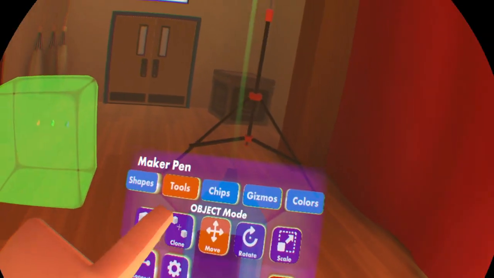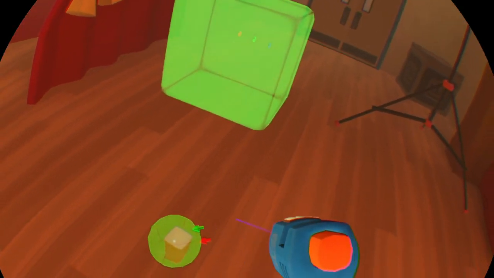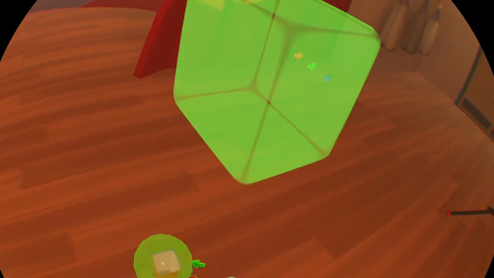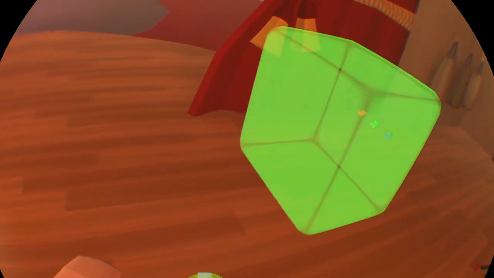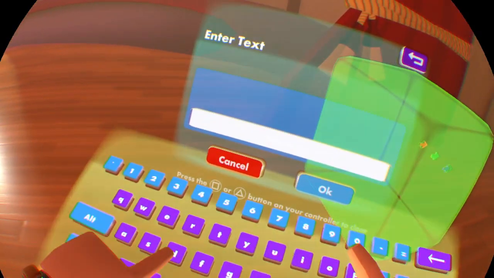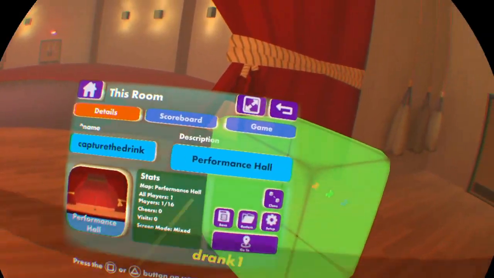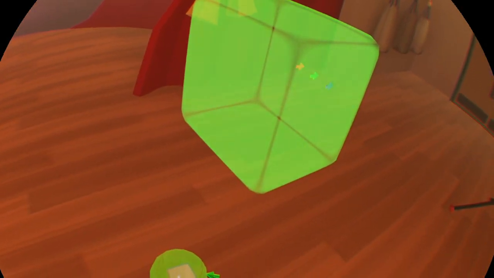So let's take a look at our object respawner here and see how it works. Got 2 nodes. It's not currently hooked up to anything. Respawn object by ID and respawn object by tag. Well, the object in there is already tagged, so that seems like the option for us. Let's go ahead and use that. Tag to respawn is going to be DRANK1. Great, so now it's associated with that item,